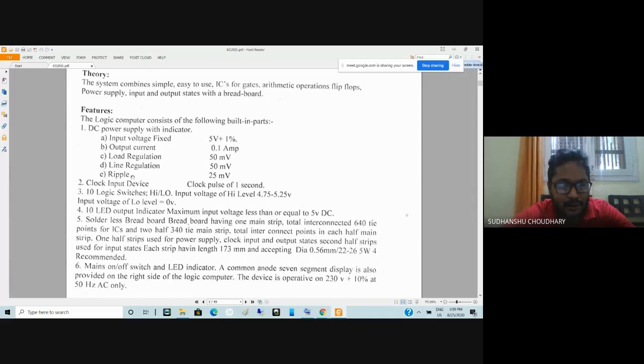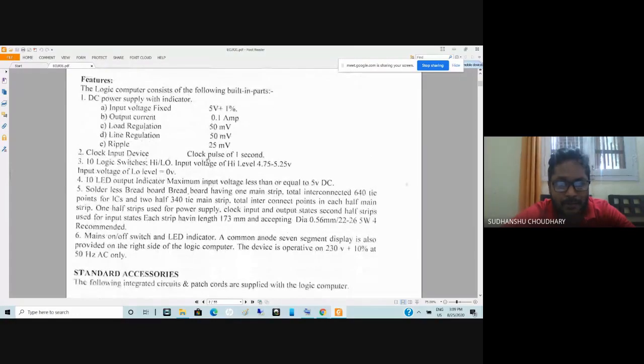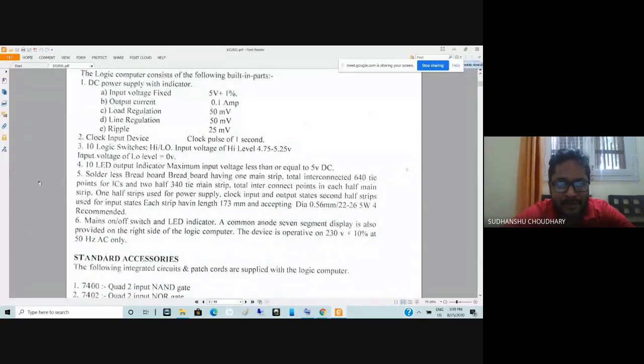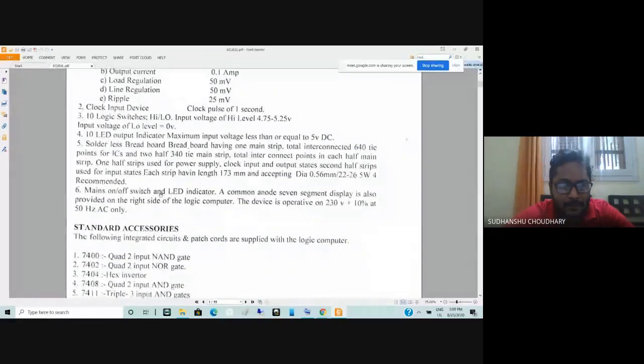Then you also have a clock input, a clock pulse of 1 second. 10 logic switches, that is high-low input switches, are present, and 10 LED output indicators are also present. Then you have a breadboard also present. And a main on-off switch with LED indicators is also present.